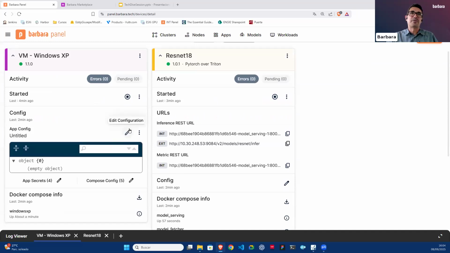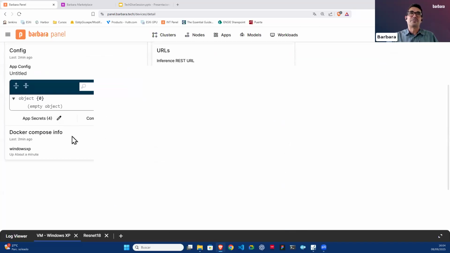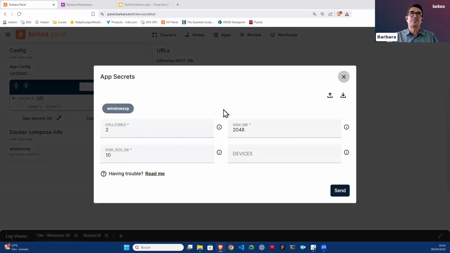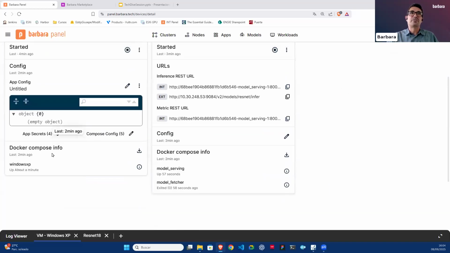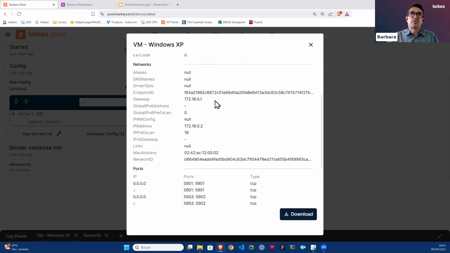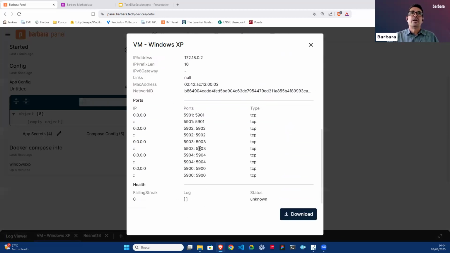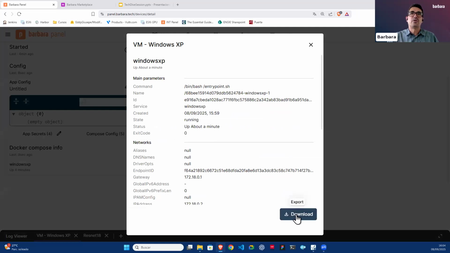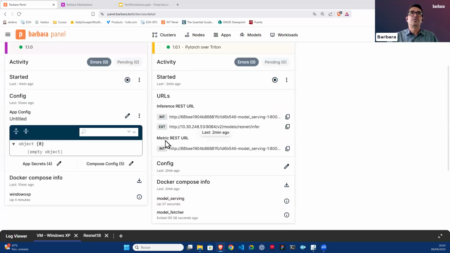We can see here the possibility. We have mentioned the application configuration. We have mentioned the application secret, to configure the application, right? Then we have also the Docker Compose information. We can see all the detail with the main parameters of the container, with the network it is using, with the port, everything is here. We can download this information, and also,